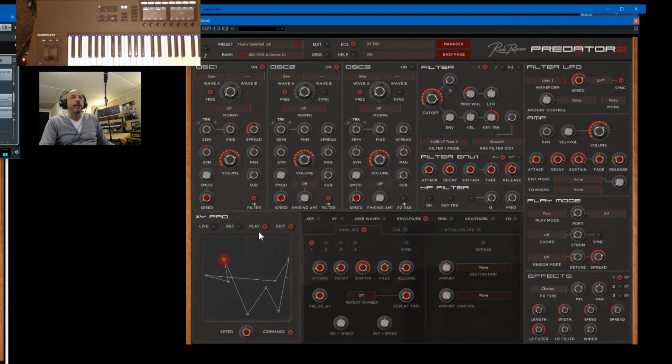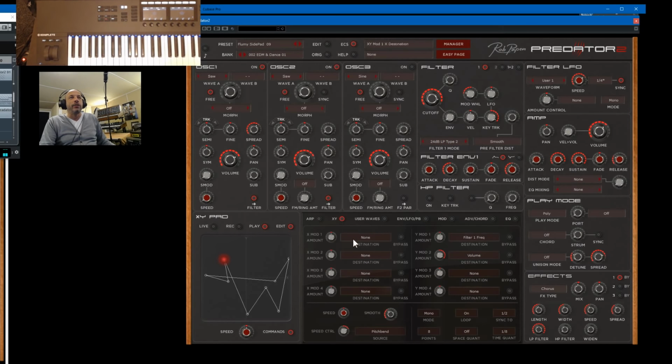And the XY pad, if you open the XY, you can see that the destination of the XY is the volume. So the XY here with the Y movement, the up-down movement, is controlling the volume. So when I play now a chord,